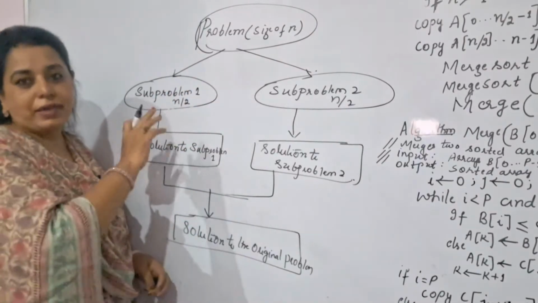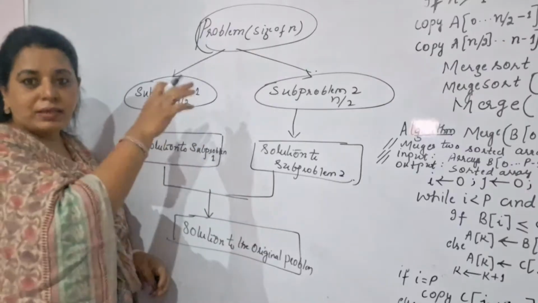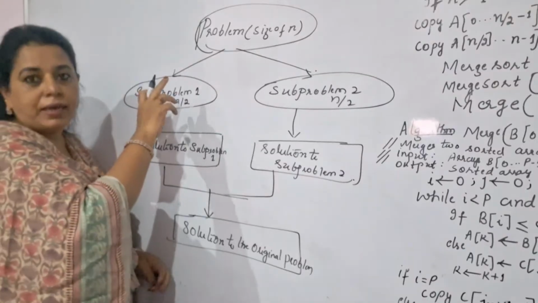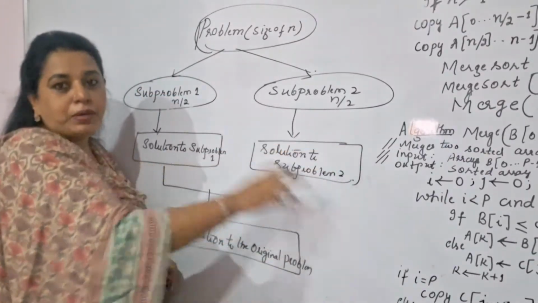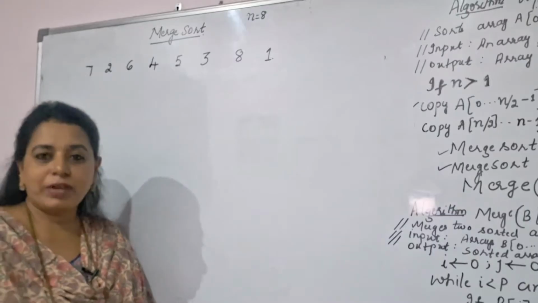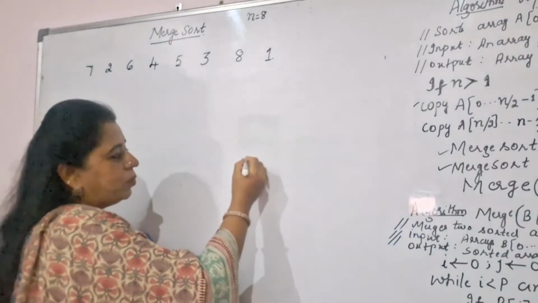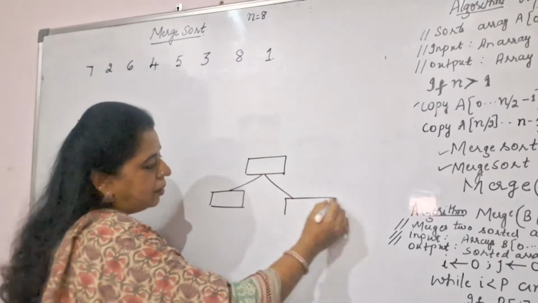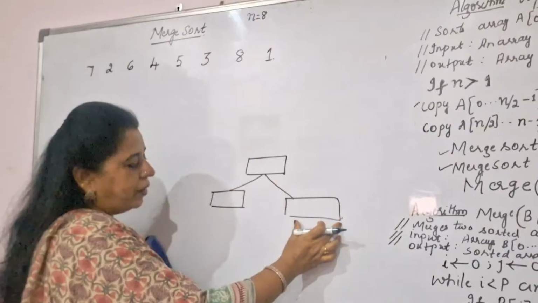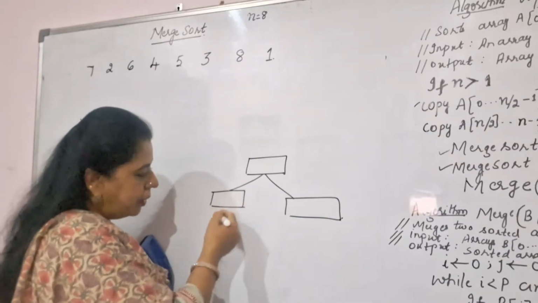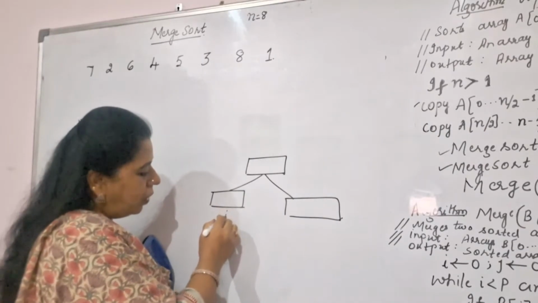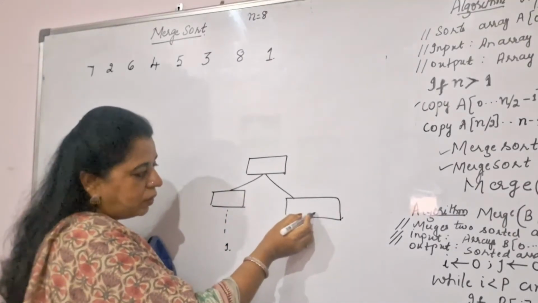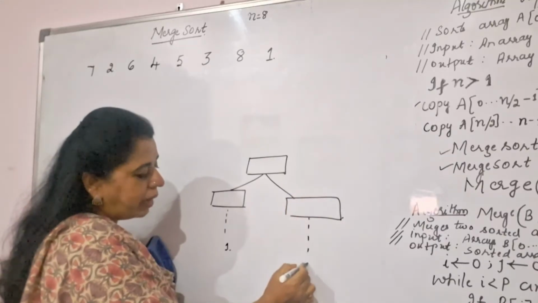So let us do one example for the merge sort. Once I show you how merge sort is done with respect to a few elements which I have taken here, I shall trace it with respect to the pseudocode and give you the demo of how exactly this algorithm works. Basically, whatever the given array of elements is, it is divided into two parts, first half and second half. To the first half the merge sort algorithm is recursively called until there is only one element present. Similarly, merge sort is recursively called on the right side of the array until only one element is present.